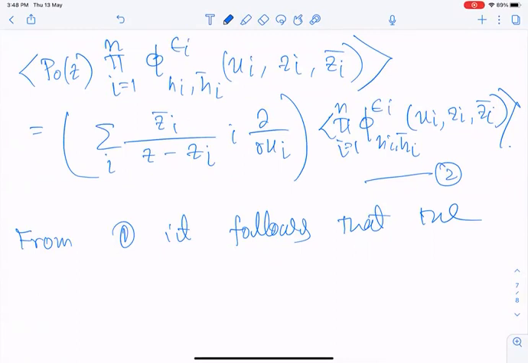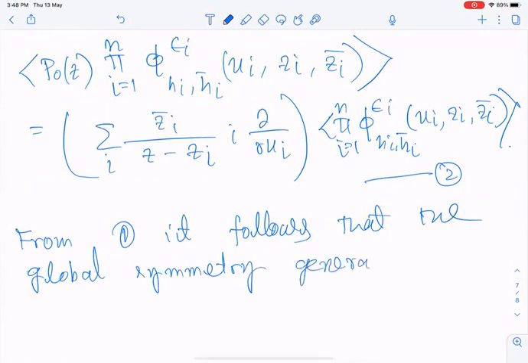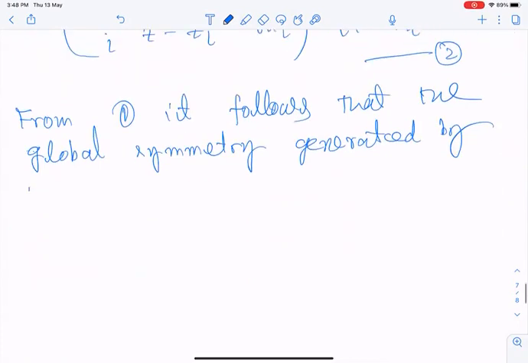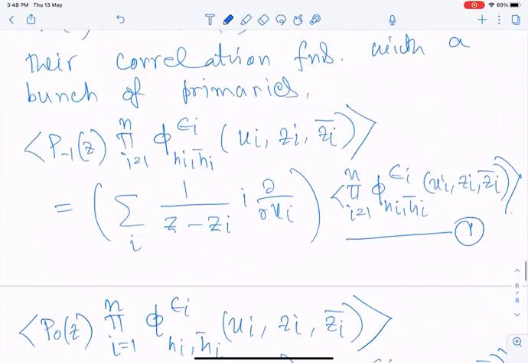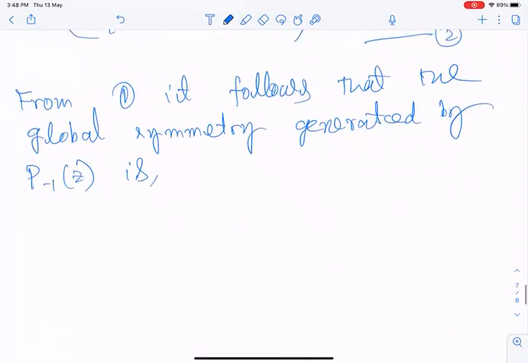It follows that the global symmetry generated by P_{-1}(z) is, you just have to look at the residue at the pole. Suppose I want to see how it is acting on the field phi_i. I just have to look at the residue at the pole at z equal to z_i, and that is essentially given by, let me call it delta_{-1},